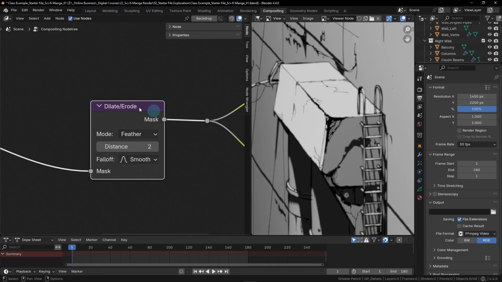Let's discuss these settings quickly. So first, there are a few different modes that we could choose. However, we use the feather mode as it creates nice soft edges for the line work. The distance value simply changes the strength of this softening effect. Higher numbers mean softer images. We still want to have distinct lines, just a bit softer, so a value of 2 works nicely for this